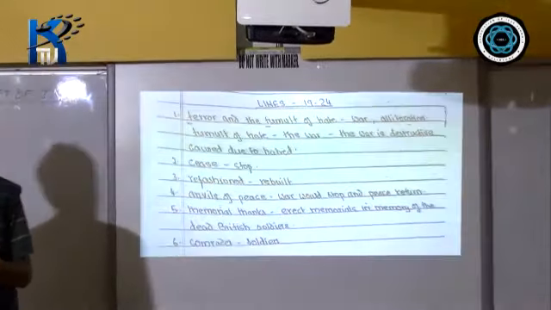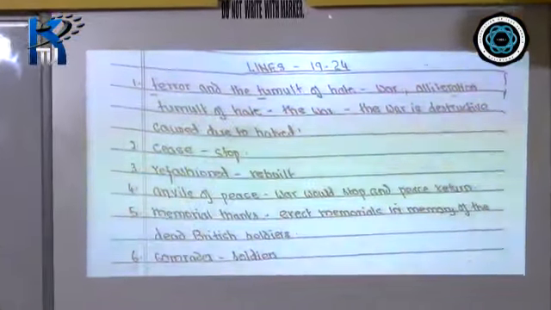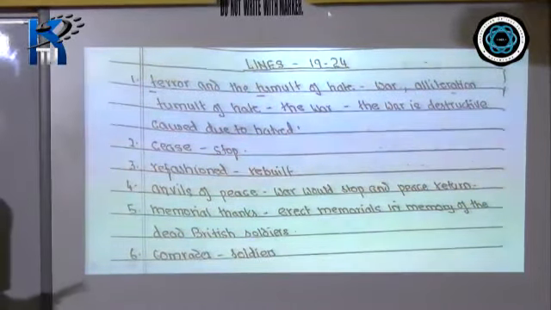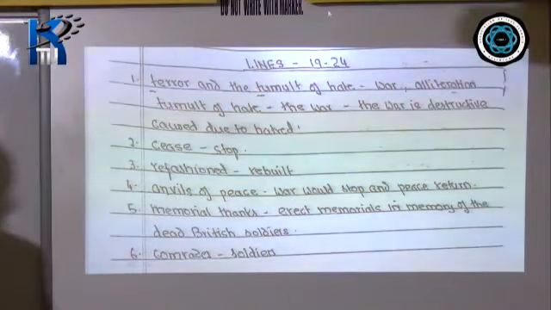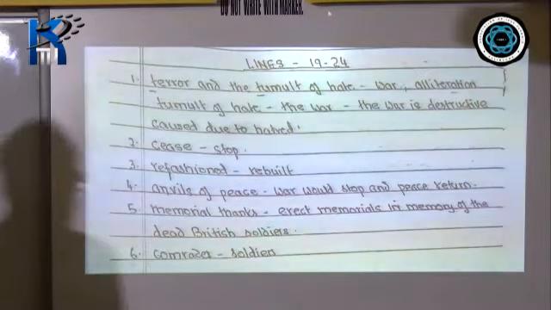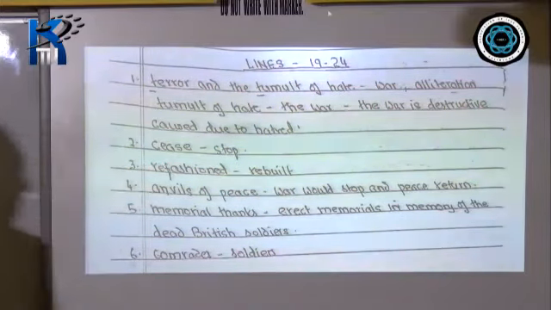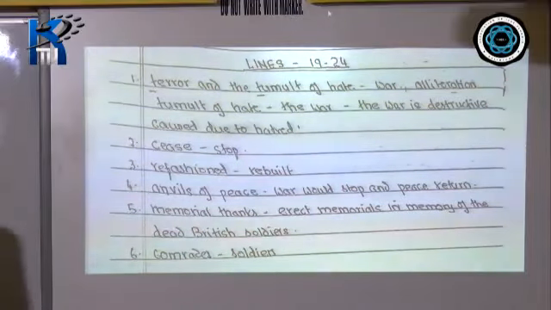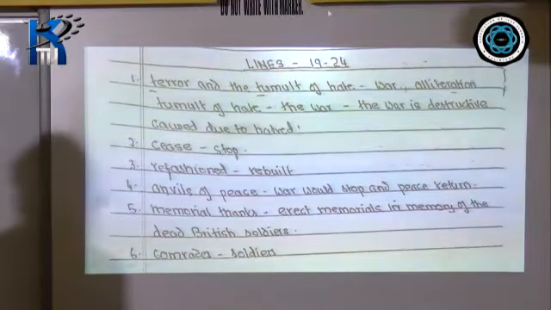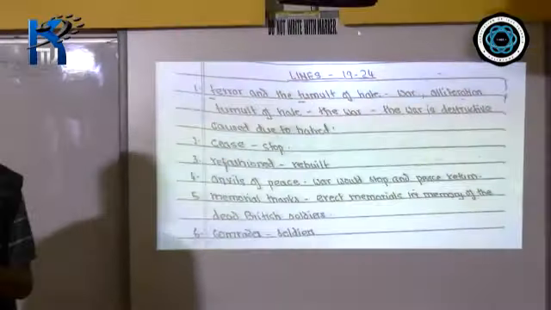Now we move on to the last part of the poem, which is actually the appeal of the poetess Sarojini Naidu to the British government. "When the terror and the tumult of hate shall cease, and life be refashioned on anvils of peace." The poetess is saying, one day, the terror, the tumult, the chaos, the confusion, the deaths, and the destructions will finally come to an end. The First World War will come to an end.